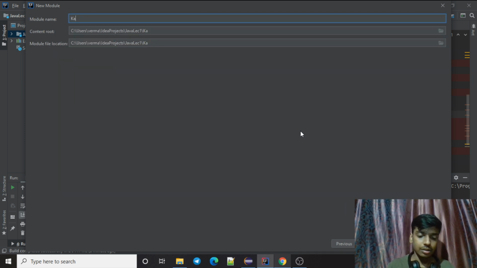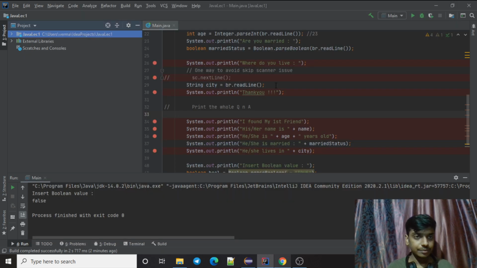Next, this is Java lecture 3, basically session 3, but this is lecture 2 because in the first session I just discussed the whole installation part. In the previous session I discussed this code which will be in lecture 1, and this will go into lecture 2. That's why I'm just naming it lecture 2. Don't get confused, this is session 3. Finish.